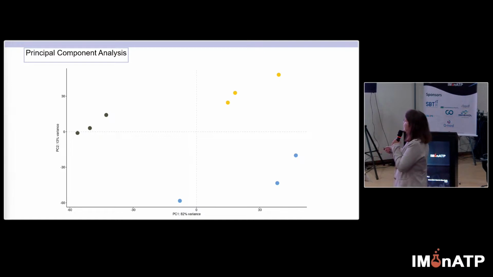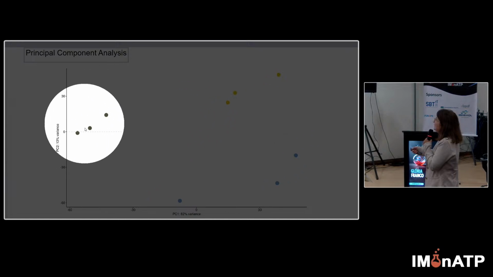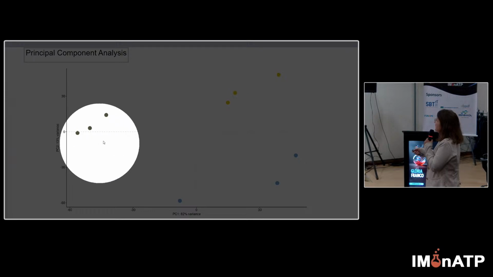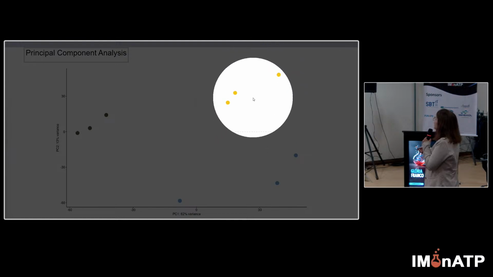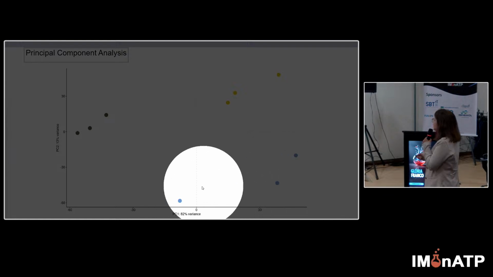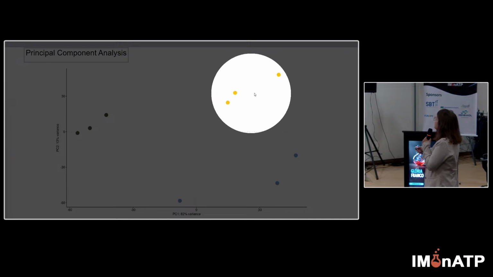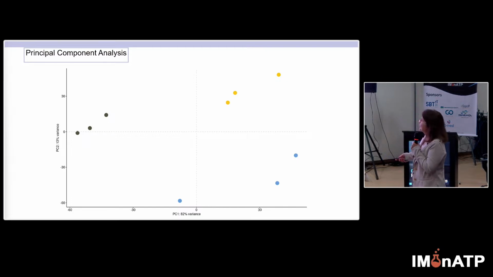After doing the libraries, we see how good they are. And here we see the control. The 3 libraries from control group together, in a PCA, a principal component analysis. This is for the cells treated with LyeTx I. And here a little bit more dispersed, but still close, we have LyeTx I and meropenem. And then the libraries were very, very good, more than 5 million reads for each condition. That is very good for analysis.